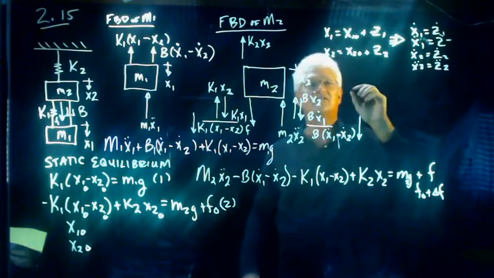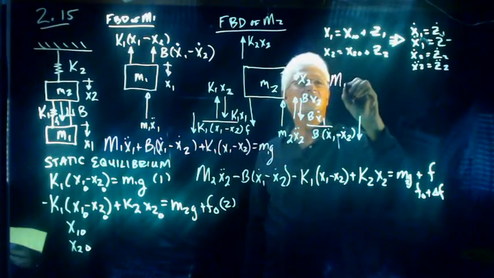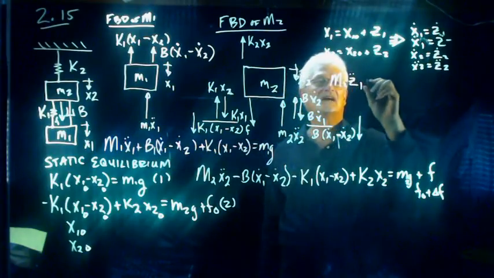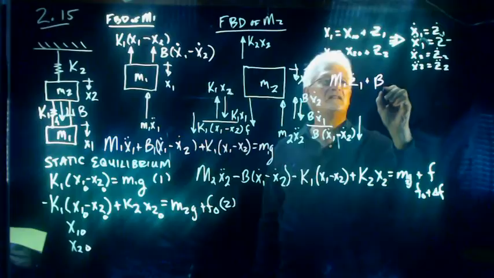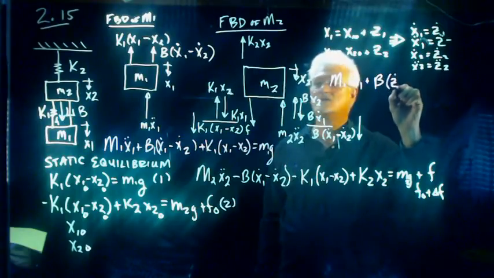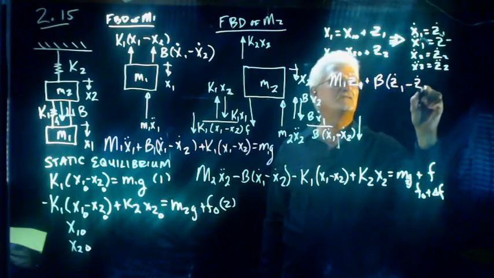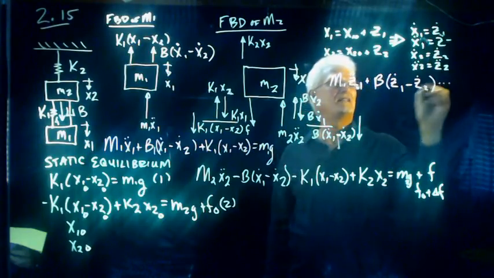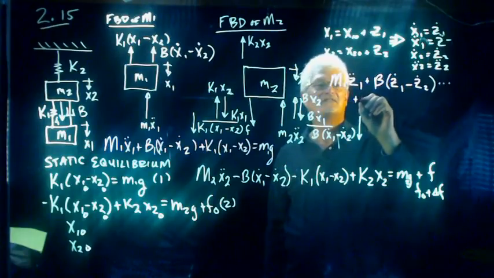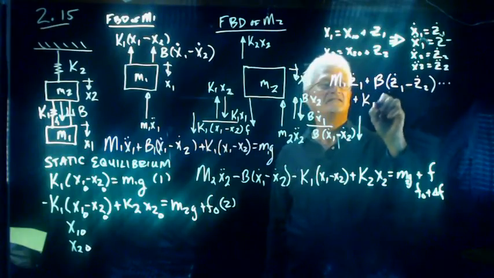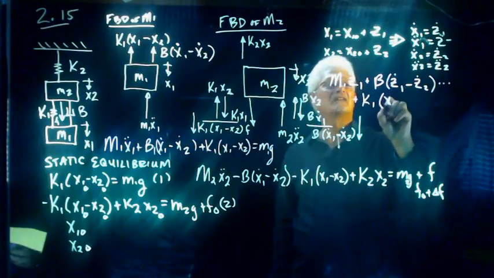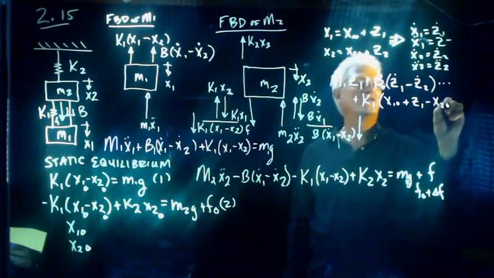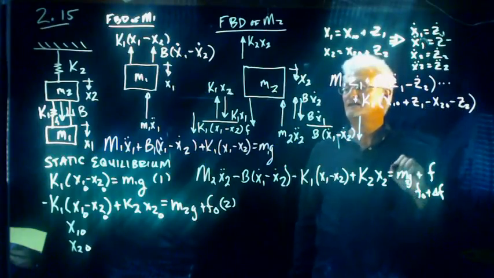This is going to be m1 z double dot 1, because I can just substitute x double dot with z double dot, plus b times z dot 1 minus z dot 2, plus, dot, dot, dot, in MATLAB we do that, plus this is going to be k1 times, so what is x1 again? x10 plus z1 minus x20 minus z2